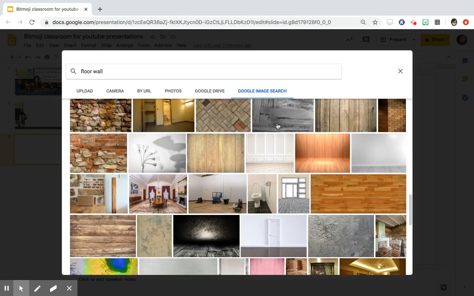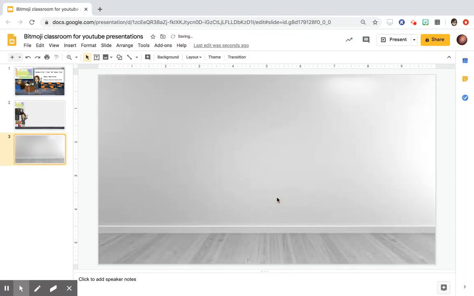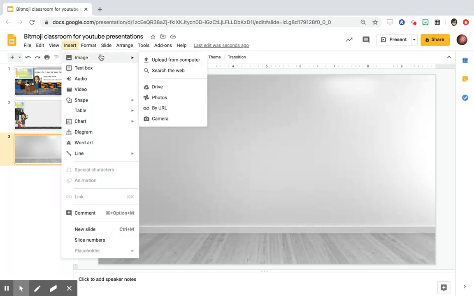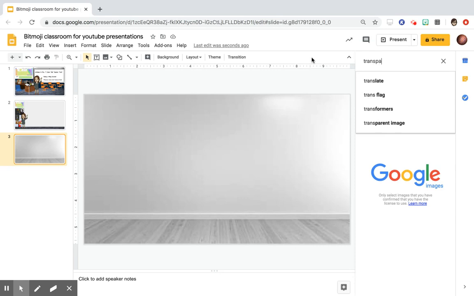So I'm just going to pick a different one than I already have. Let's just pick this one. You're going to click on it and click Insert. And now look, I have my background, and I have my wall, and I have my floor. After that, really all you need to do is insert images, and you're going to search the web. The first thing you want to do before you search is put the word transparent in front, because if you put the word transparent in front, that means you won't have all of these boxes all over the place. So if I want to search for transparent desk,